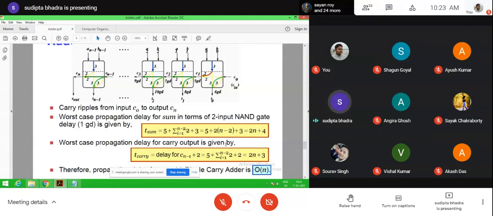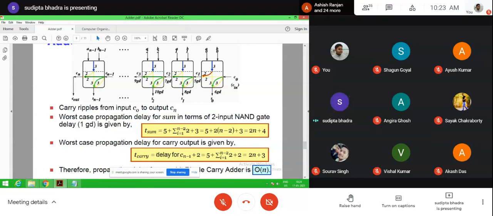Now here, the carry output delay. Carry output is what? T carry means the last C out. Now carry output is given by the delay for Cn minus 1 plus 2.